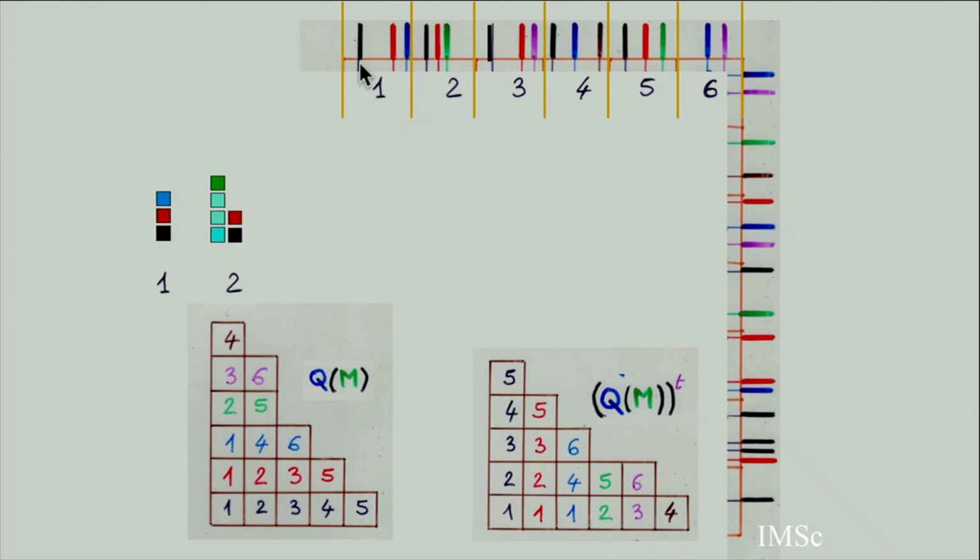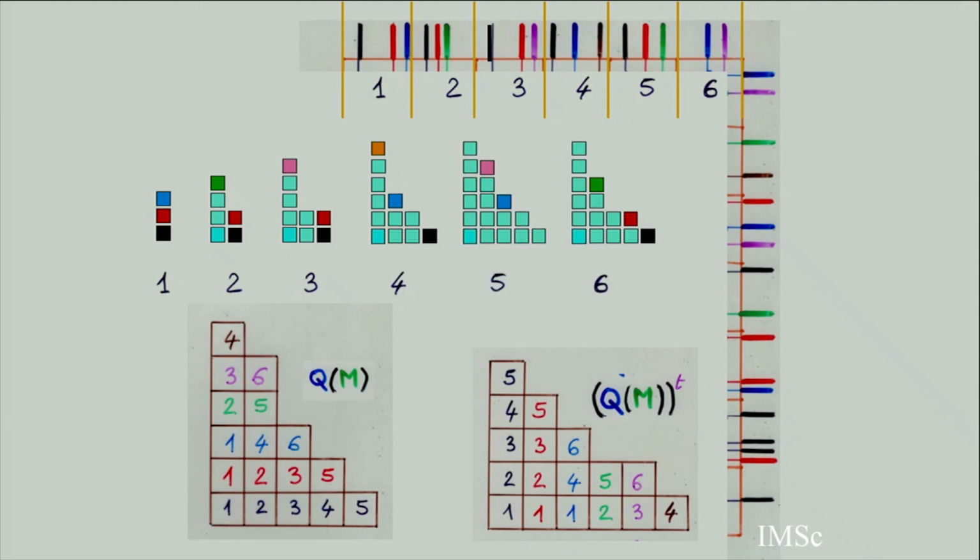So here you see I have black, red, blue, which means I am adding 3 cells at the same time in one column, at row 1, row 2, row 3. Second step, when I read this word, I am adding 2 cells in here. I am adding a cell in row number 4. So if you read this sequence of this word alpha, you will get a sequence of Ferrers shapes. Each time you add a cell at a certain row, depending on the letter of the word.